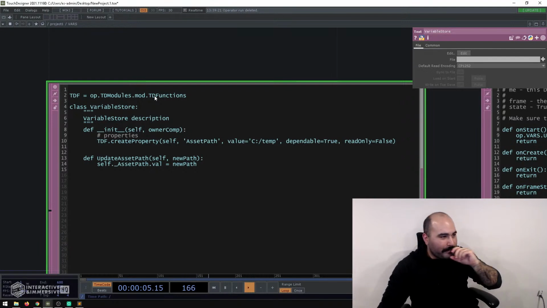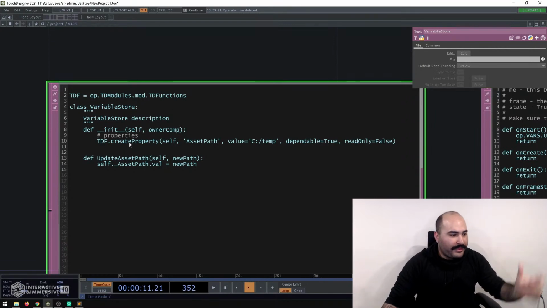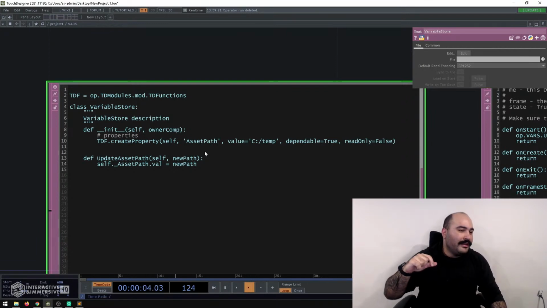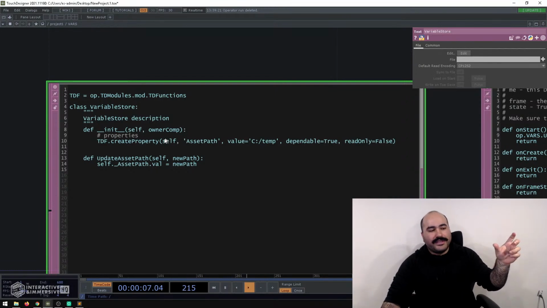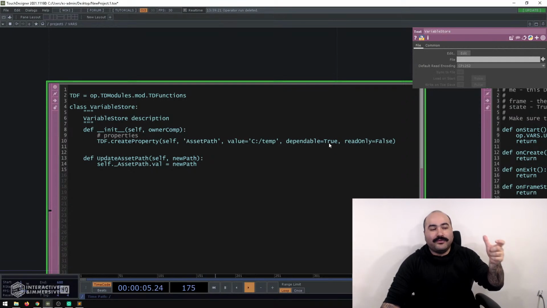functions is calling to. Now this TD functions has another method here called create property, and I'm not going to get into too much of the depth of properties versus attributes or any of that kind of stuff. That's more high-level Python, probably even above my pay grade to explain well. But the idea here is that you use this function, you give it yourself, the name of the property, a value, and then this dependable flag, this argument, is the really important part, because you could set this to false and you'd get the exact same behavior you get from referencing a table,